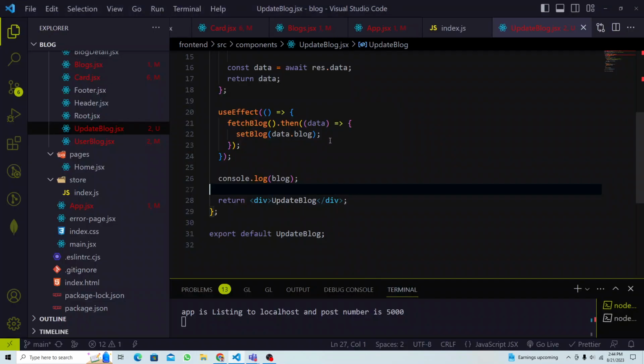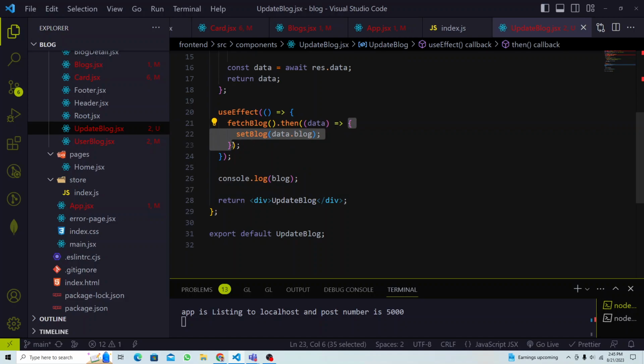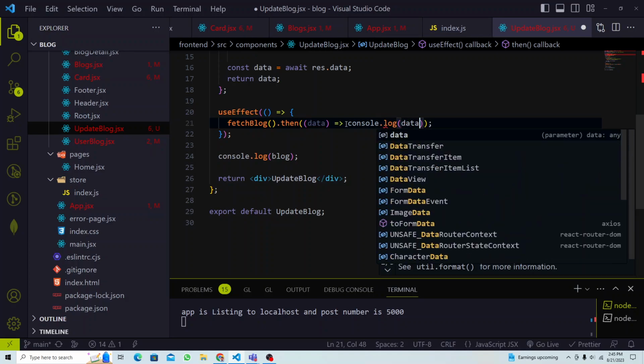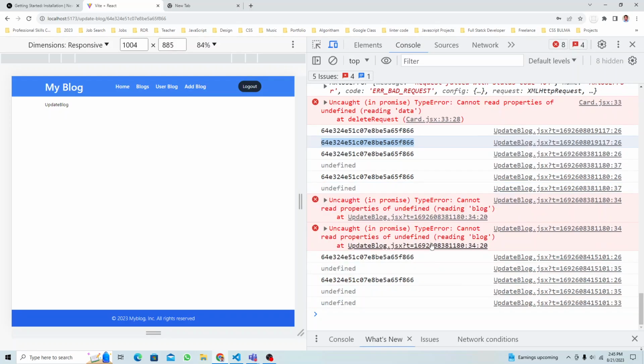So for that, the solution is basically we need to read this data and find out what is inside there, right? So console dot log the data and check. We're getting undefined, so basically we're not receiving the data back with this ID. Okay, so let me copy this ID,